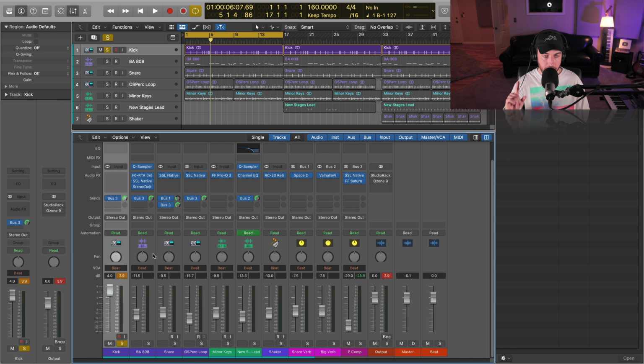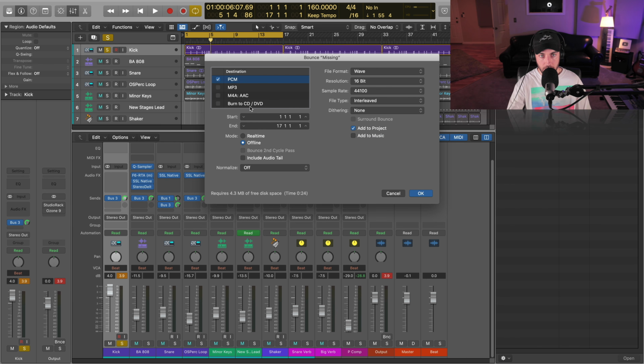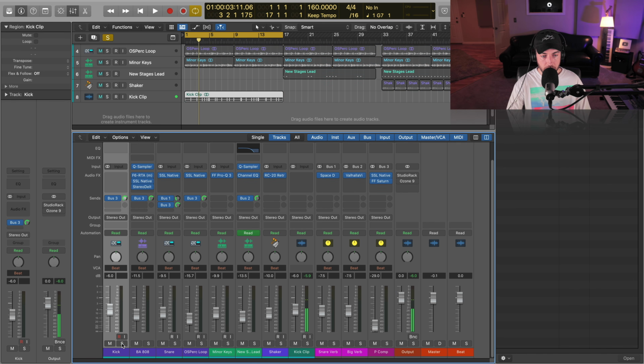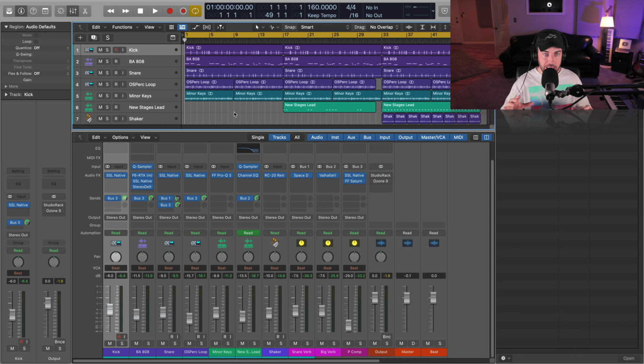and we're not introducing any distortion, anything undesired there. But if we are to bounce this or export it to a wave, this is where the problems come. So if I export this, I'm going to go ahead and just do 16-bit wave, and we'll call this kick clip, original kick. And the kick exported clipping. That is digital distortion.